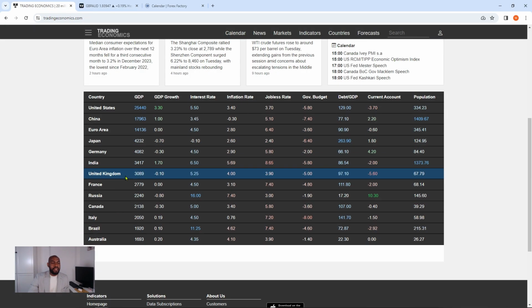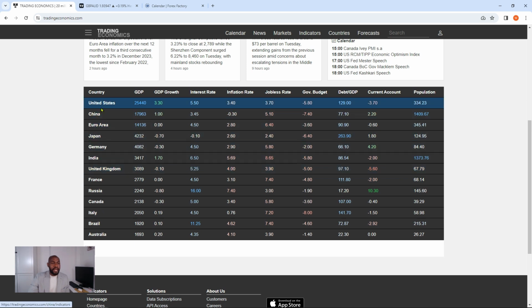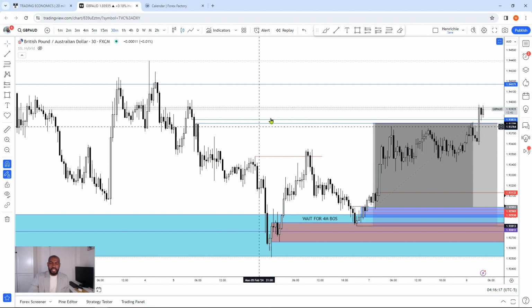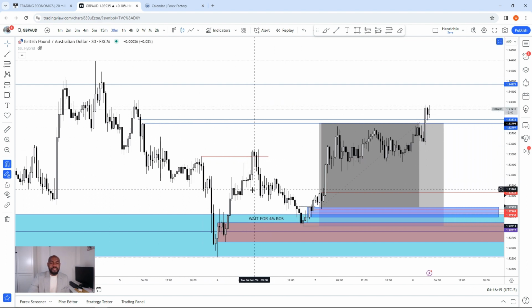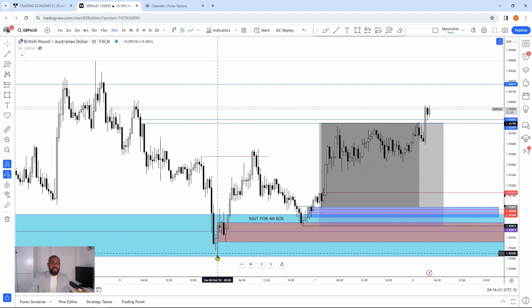So if you look right here, you can see clearly the interest rate on the pound is 5.25 and the interest rate on the Australian dollar is 4.35, which means the pound against the Australian dollar is going to be bullish, right? Now, that being said, I'm looking at this, I'm seeing a structural low, a structural high, structural low, break